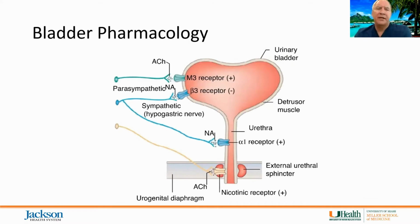So again, beating this to death, bladder pharmacology. I want you to remember that for your cholinergic receptors, while you've got 80% M2 receptors, it's the M3 cholinergic receptors that contribute to detrusor contraction. And so selective control of those receptors is going to be important for us to manage or help control